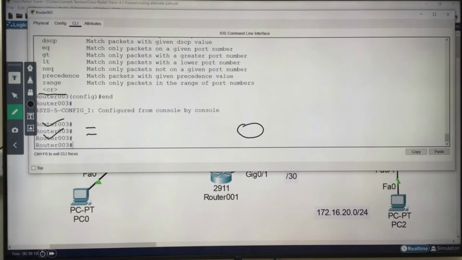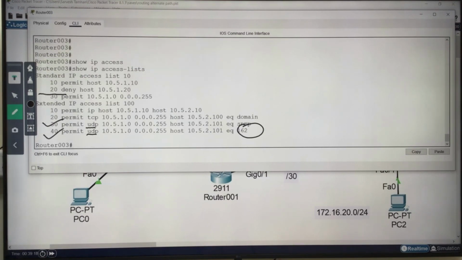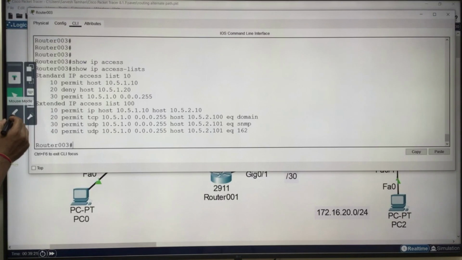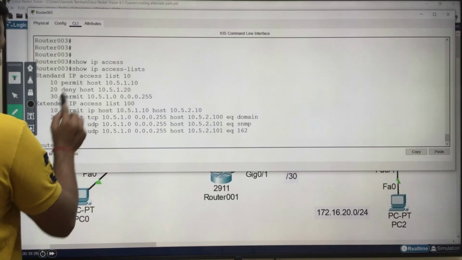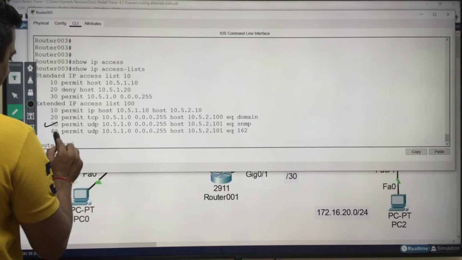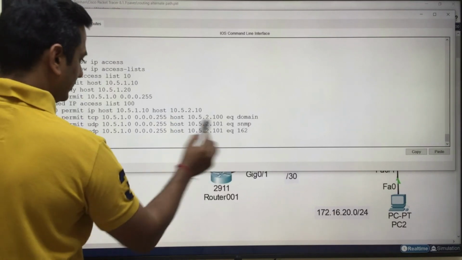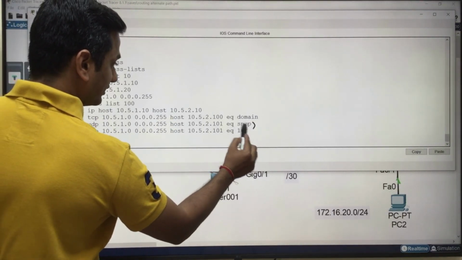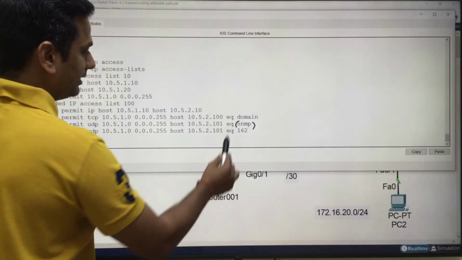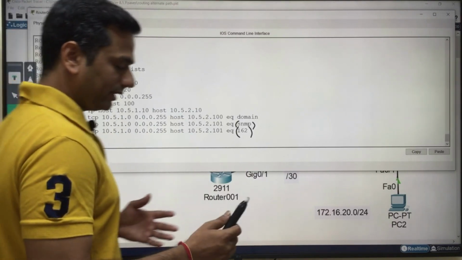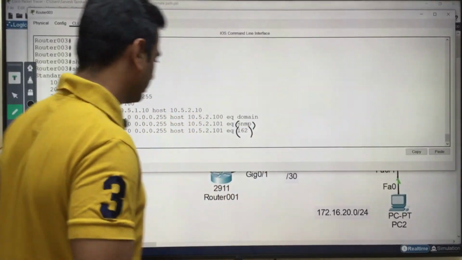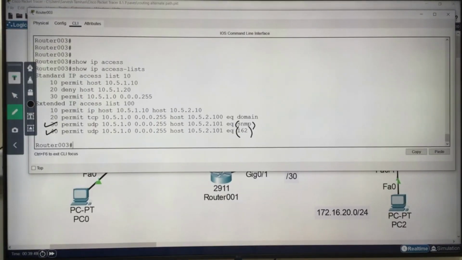Okay, go back. Now you have added two more sequence numbers. Show ip access-list, enter. Here you go, guys, right? Here you can see the UDP port number statements added at the bottom: after 20 we have added 30 and 40. In 30 you have added the SNMP port. Why? 161 is the SNMP port, send and receive trap, and here equal to 162, right? Now if you add one more statement, it will always be placed at the bottom. Clear? Okay, let's move on.